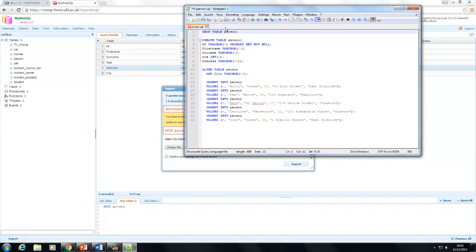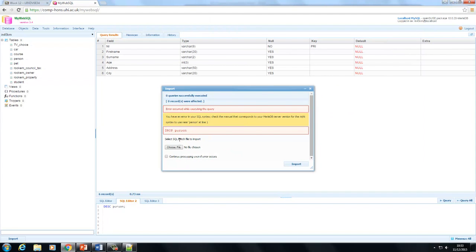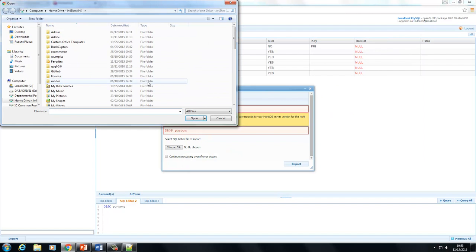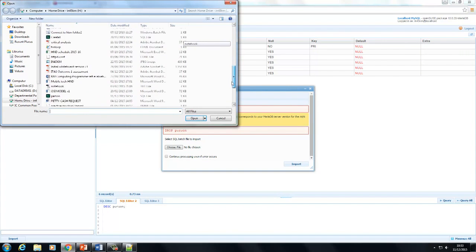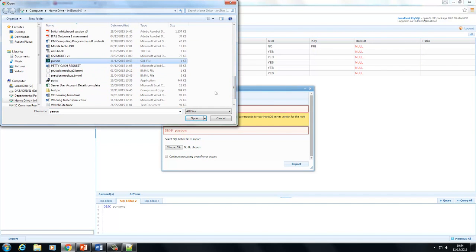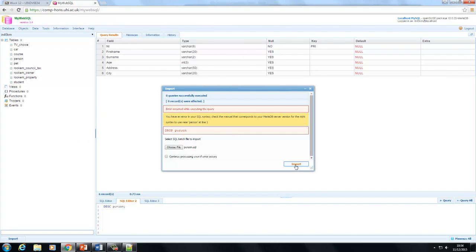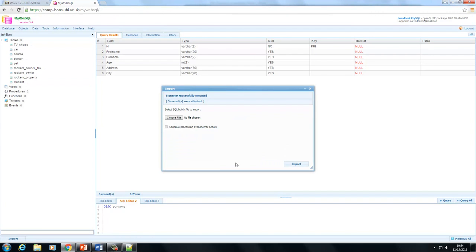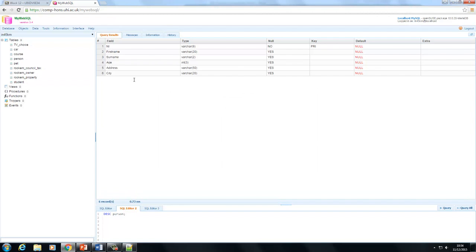I forgot to put in drop table. We'll just go back and amend the script file, save, and we'll try importing this file again. Now if we run that now, you'll see that the queries were successfully executed. So first of all, it'll have dropped the original person table and recreated it. The second part of the script added the city column in, and then the third part of the script inserted